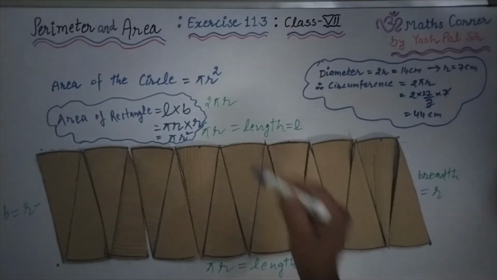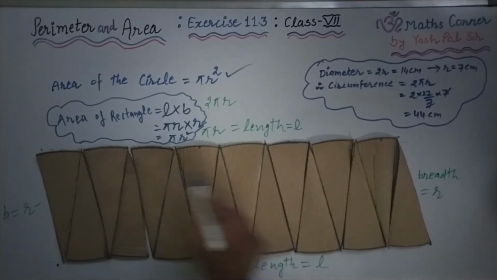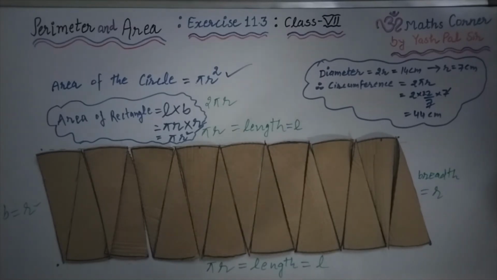How can we find the area of the circle? The formula is pi r square. This is the way we have obtained the result. I suppose this will be helpful to you to learn everything about the circle. If you know the basics of the circle, then you can step forward and learn a lot.